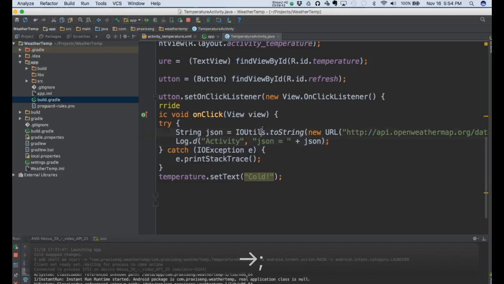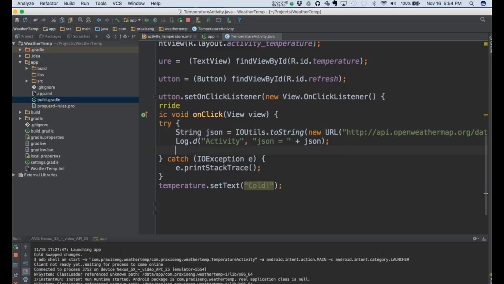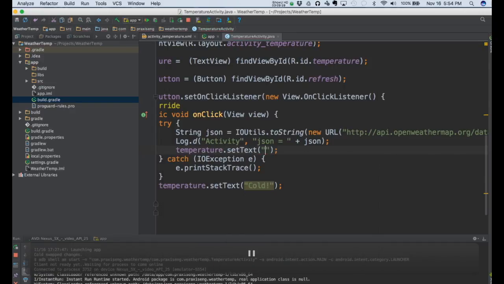Okay, so now when we click, what I want to do here is say some temporary confirmation that I clicked it, because we're really going to have to parse the JSON before we can display anything, right? So I'm going to say temperature dot set text. Got it. Right. So now I'm going to run,